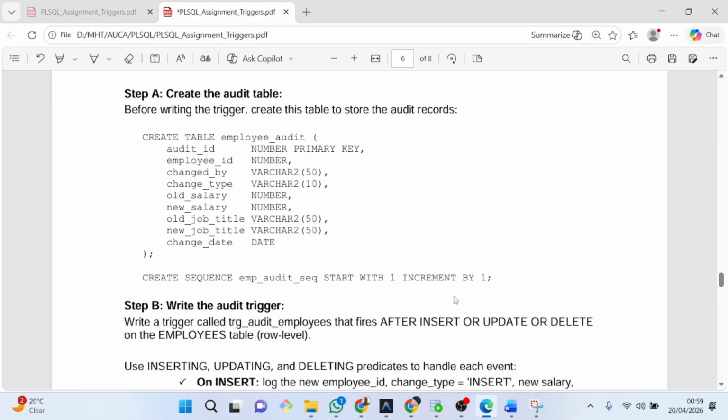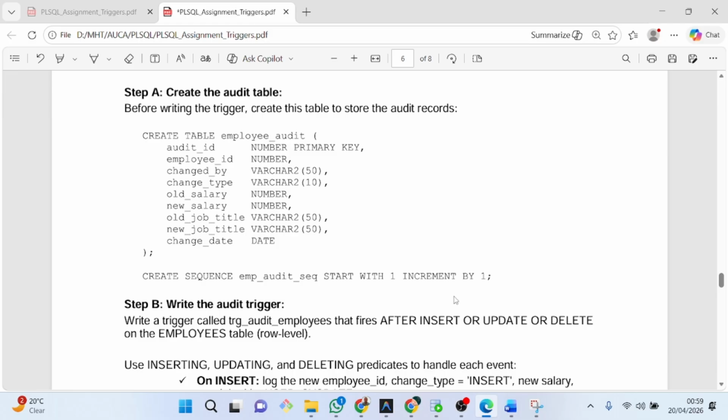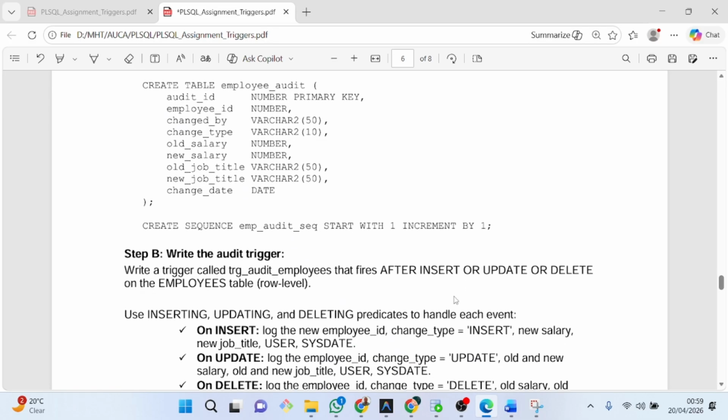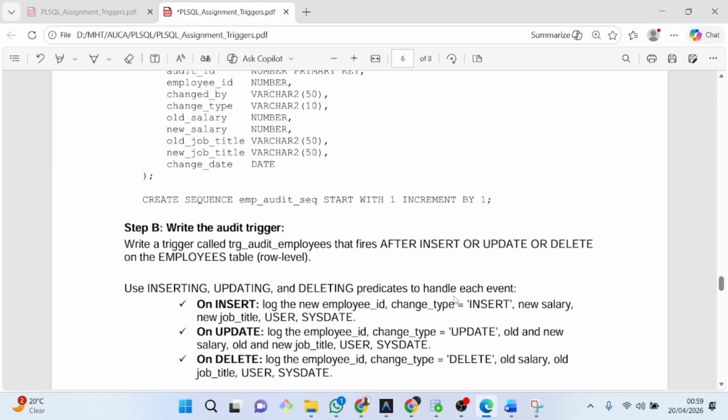We should have, we don't have employee audit. Let's first create it, because that is what they told us. So after creating it,